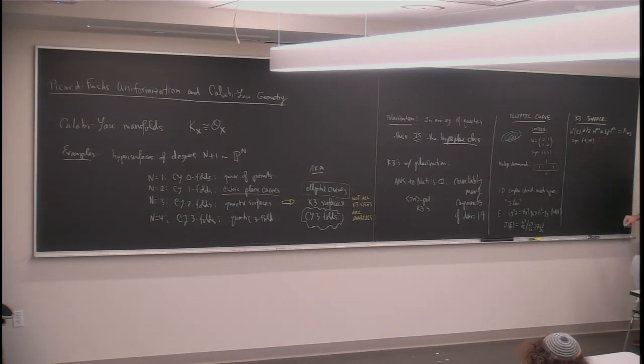And the Hodge diamond is 1, and then it has some zeros. 1, 21, 0, 0, 1. So the middle dimensional piece is this 1, 21, 1 weight 2 Hodge structure. Okay. Now,